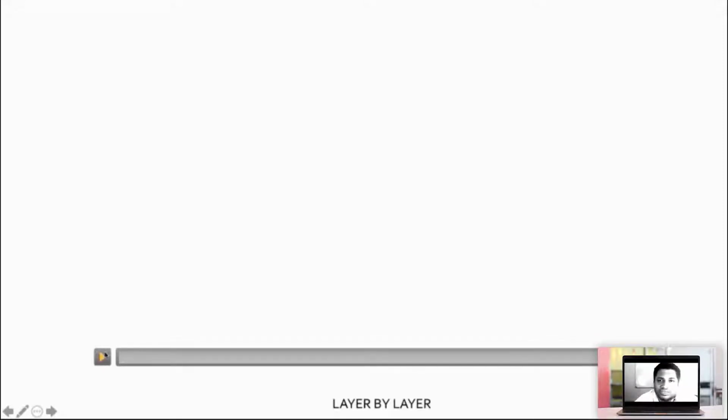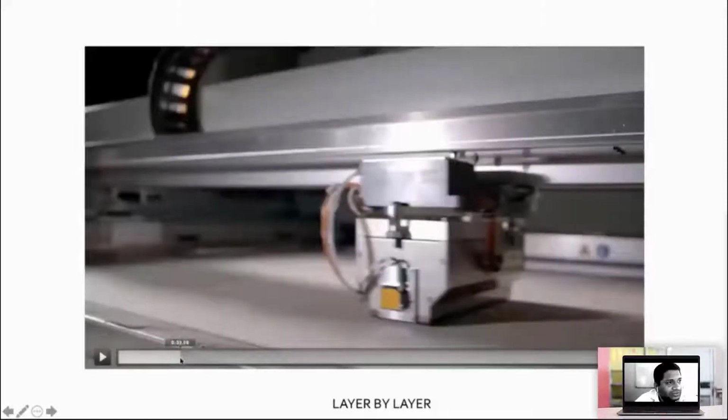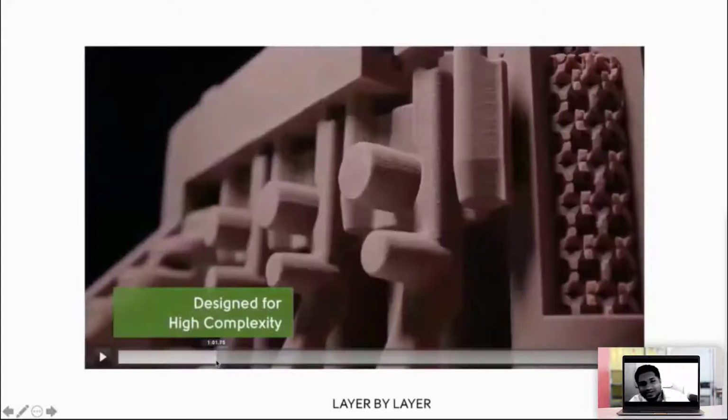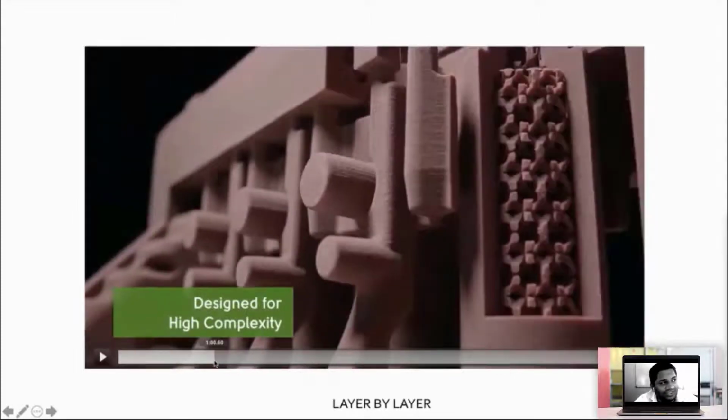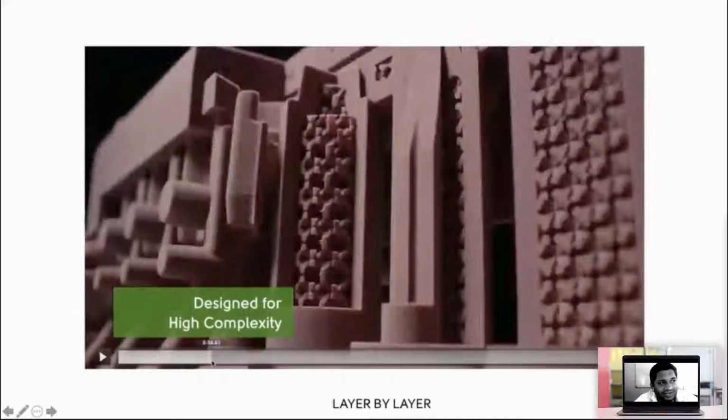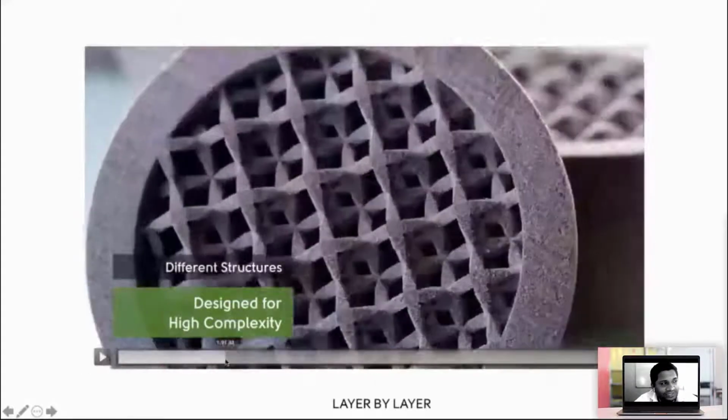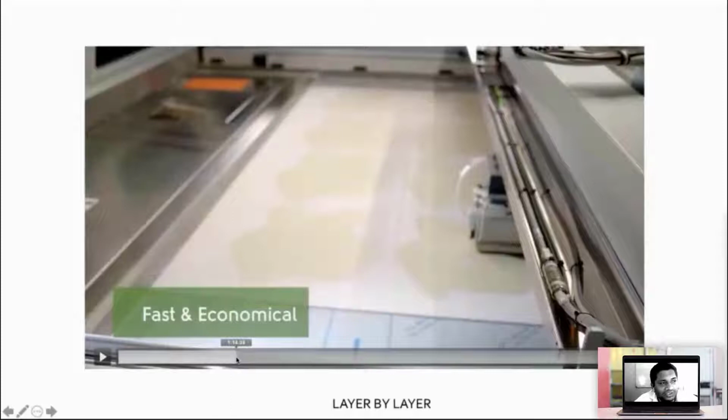Let's take a look at a video and see how layer by layer deposition is carried out. Here we can create very different and complex shapes. You can see very complex shapes, but we can create them very easily. How is it created? You can see a printer head. It is going to move and deposit glue onto the powder. This is a powder bed, and on this powder bed I have loose powder.